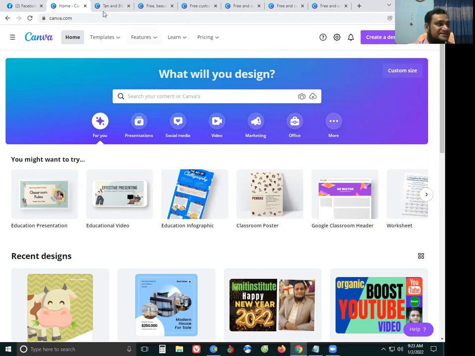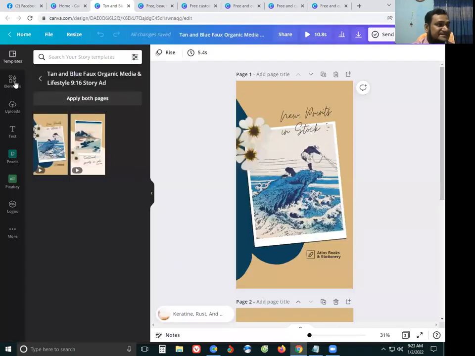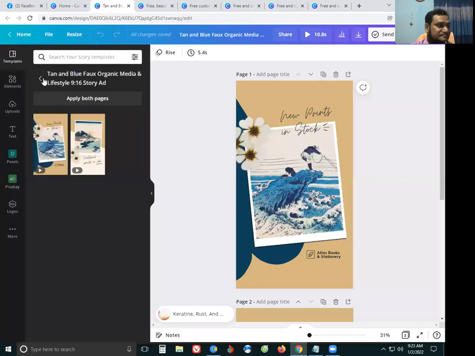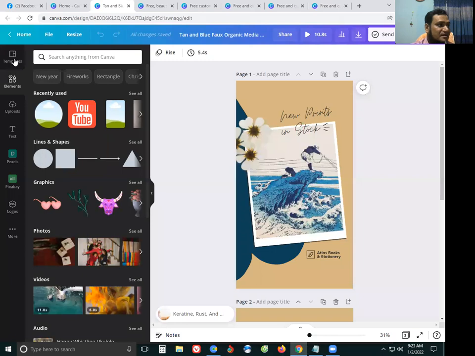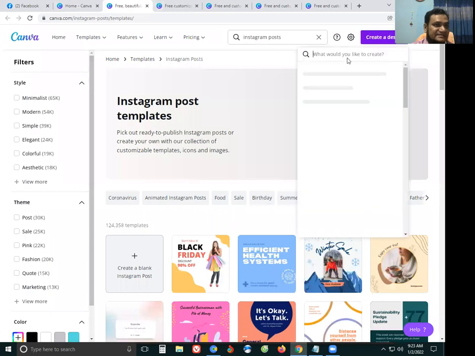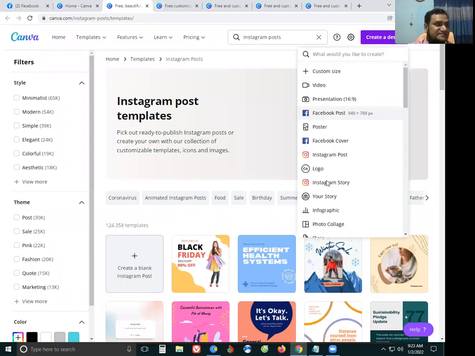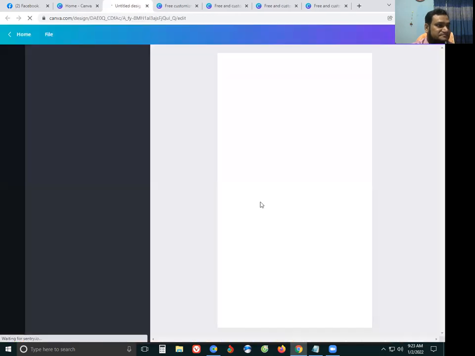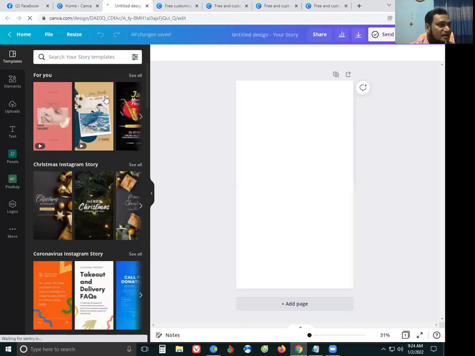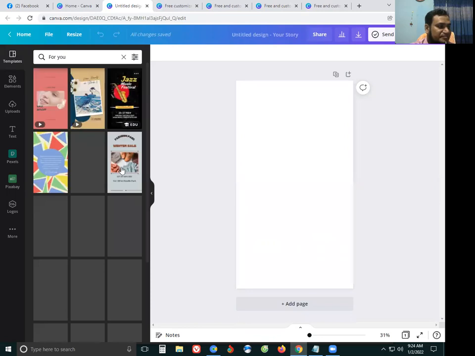So this Canva is the same thing. Instagram has a lot of templates in Canva. I created designs, the Instagram post and Instagram story. And there are a lot of videos in Instagram stories. Wow, a lot of videos.